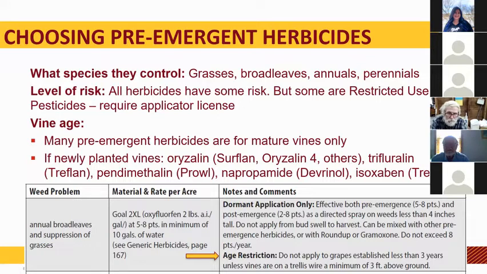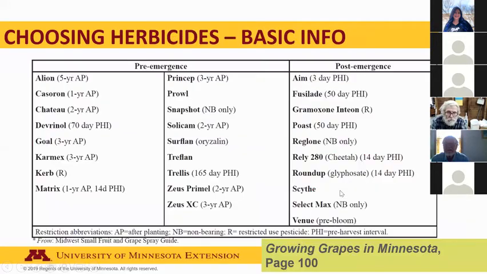Treflan, Prowl, Devrinol, and Trellis are other options for newly planted vineyards. Again, just refer to the Midwest Pest Management Guide, they're all in there. So this is a table from the Growing Grapes in Minnesota guide. It happens to be page 100 if you have that guide in front of you already. And this is just a very basic table listing some names. This is not a full table by any means, but some names of effective pre-emergent and post-emergent herbicides that are